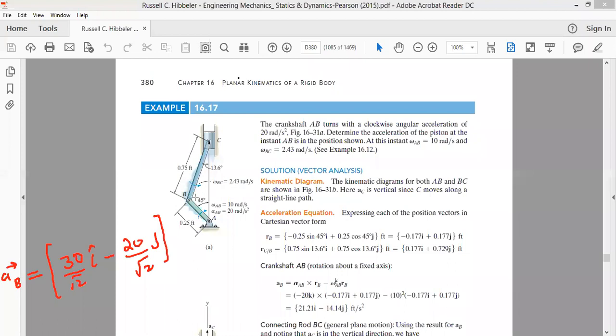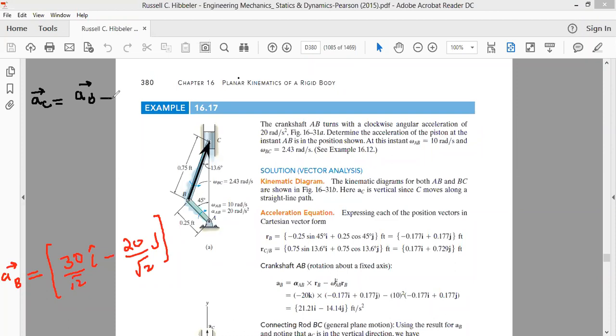So we'll draw a vector from b to c, and we write the equation as acceleration of point c is equal to acceleration of point b